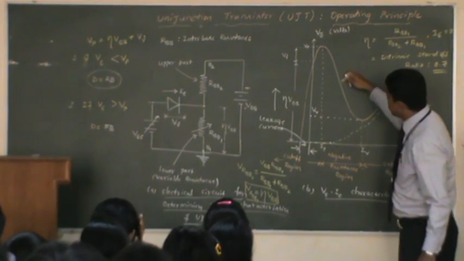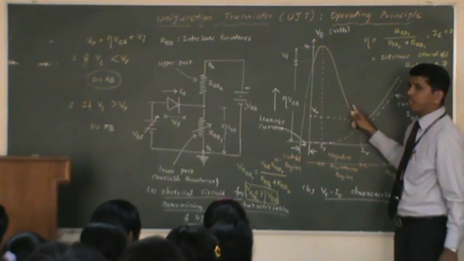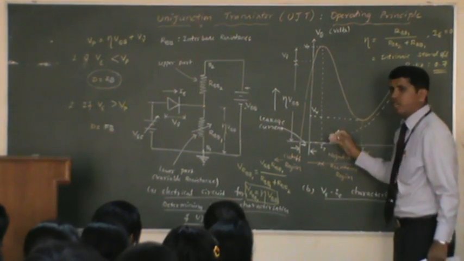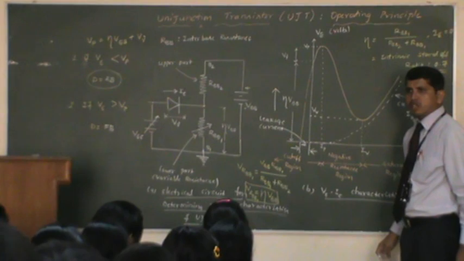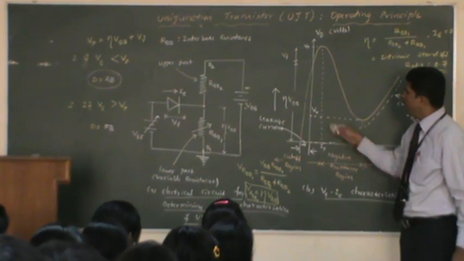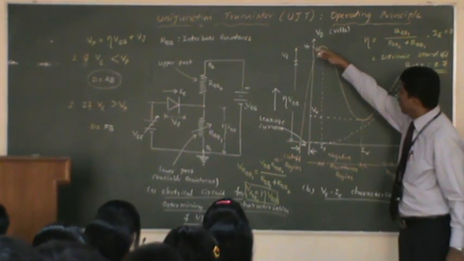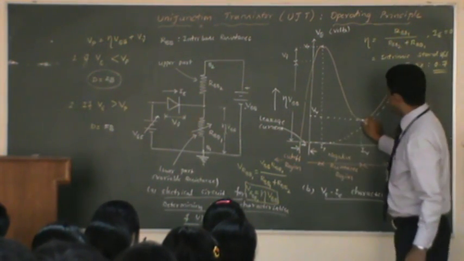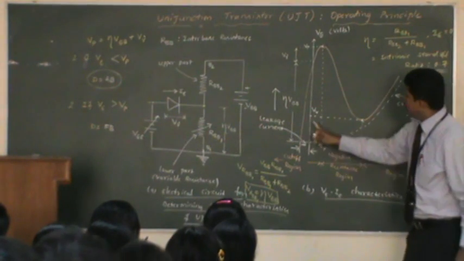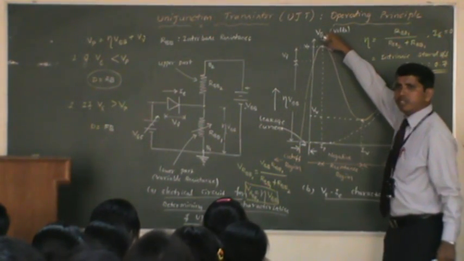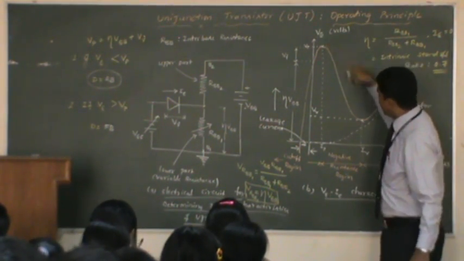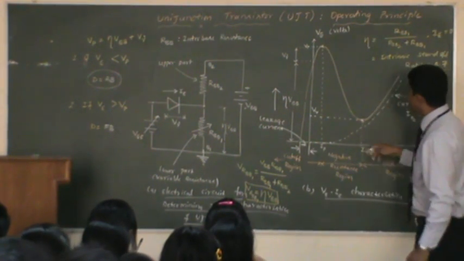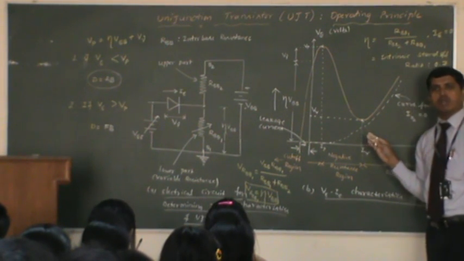This is decreasing, that means voltage is decreasing, but current is not decreasing. You have some current flow. If there were a perfect straight line here, then we could say that current also has been decreasing. But now current is not decreasing, current is increasing here. From this point to here, you are increasing voltage further, but the voltage across the unijunction transistor keeps decreasing, while current keeps on increasing. Is it against Ohm's law here?